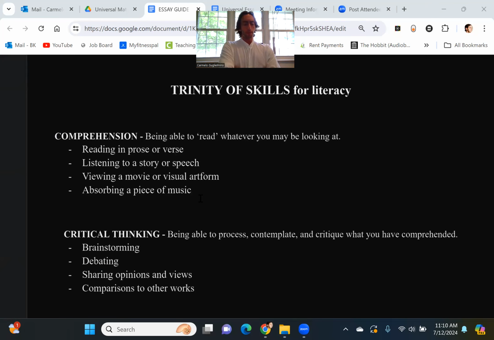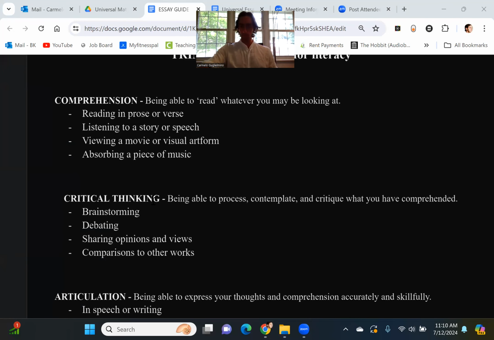So to start off with, I always tell my students, and we also discuss this usually in our faculty, depending on what particular school I'm teaching in, we discuss basically three skills that we are trying to impart into students. We're trying to have students grow to increase their literacy overall. And I've branded that the trinity of skills for literacy, as it says here. I want to walk you through those really quickly, just so you can get an idea as to what our main goal would be if you're trying to look for a pathway to becoming more literate overall.